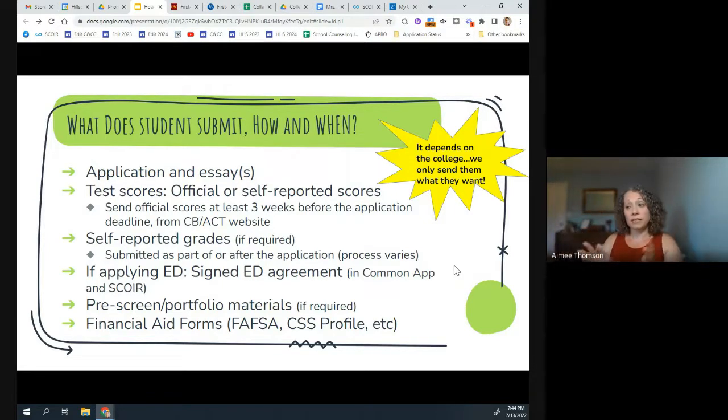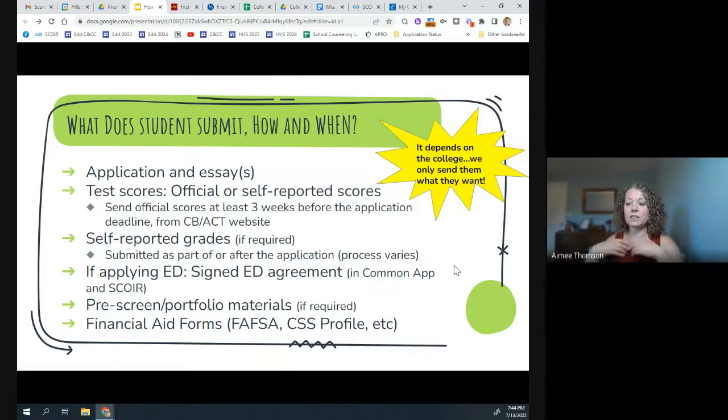If you're applying early decision, there will also be an early decision agreement that you need to do. I'll send out reminders when we get to the beginning of the year. Don't stress about it now. No benefit to getting it done now. Very often the student changes between now and November 1st, whether or not they're going to early decision or where they're going to early decision. So we worry about that when it gets a little bit closer. Just know that there's an agreement out there that everybody has to agree to, that they understand the rules of early decision.